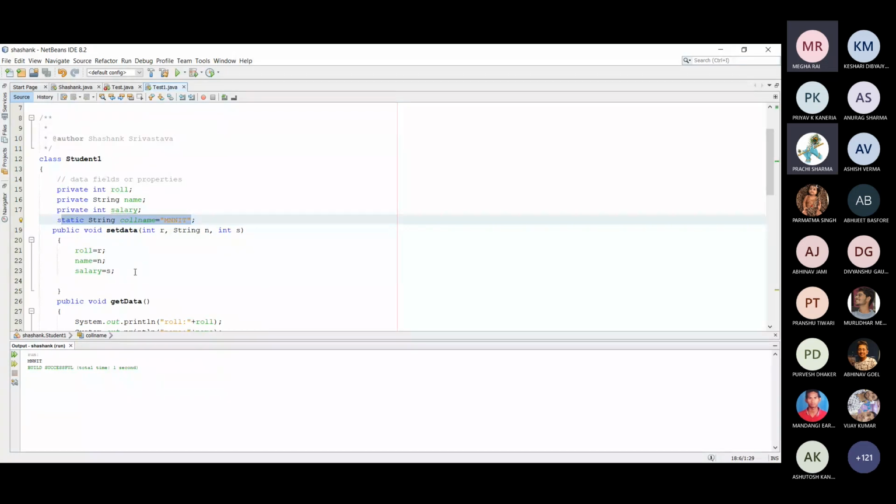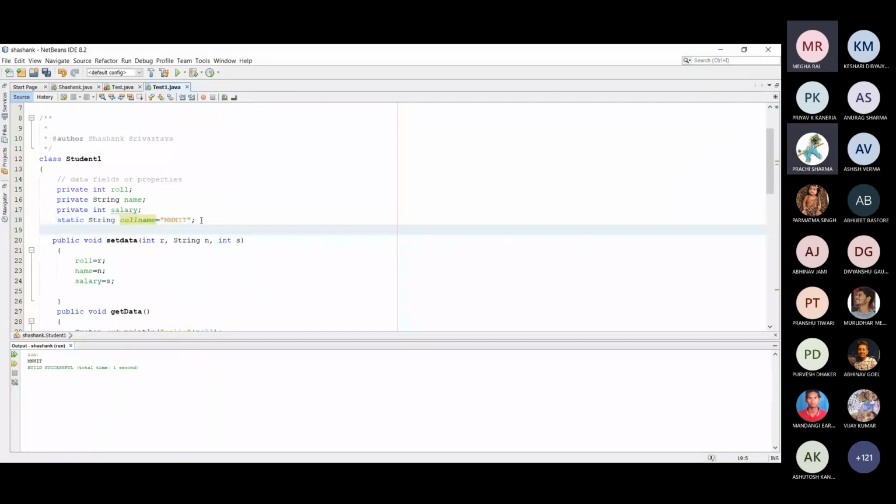Suppose I would like to change the name of the college of a student. In order to change the name of the college, we need to write a static method here, because this college name is part of the class.